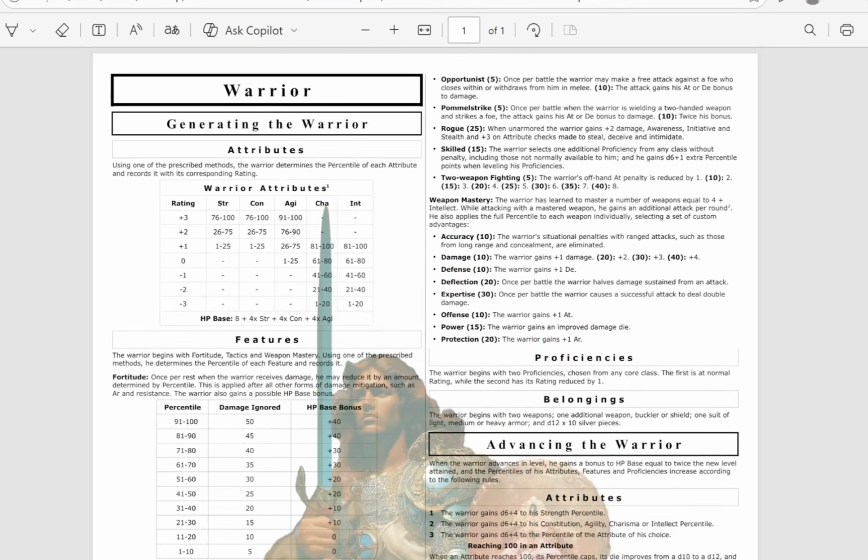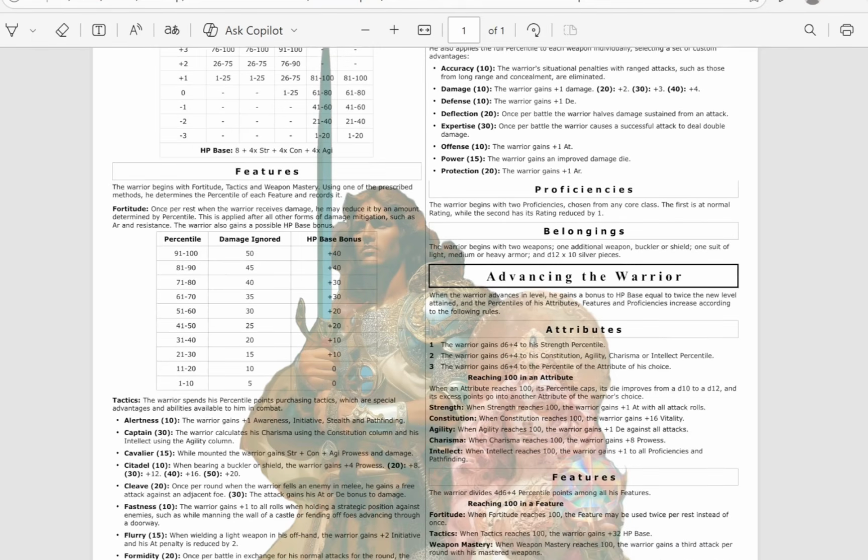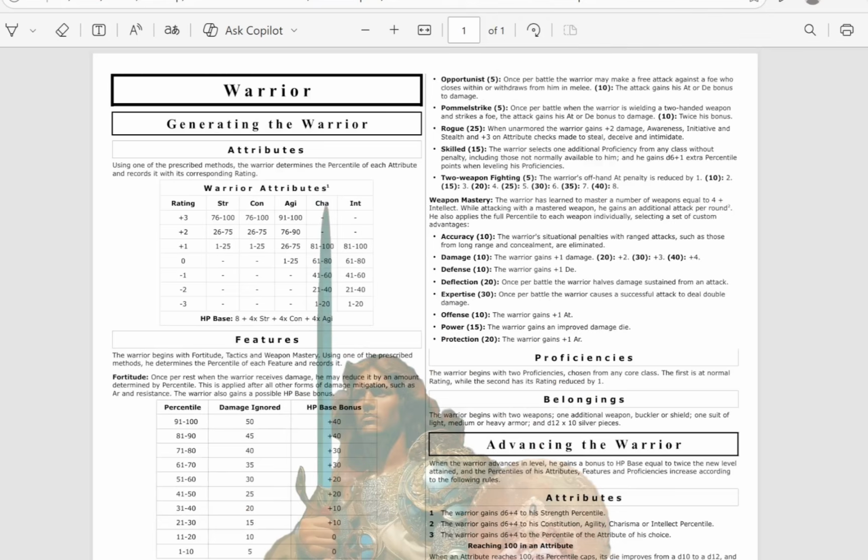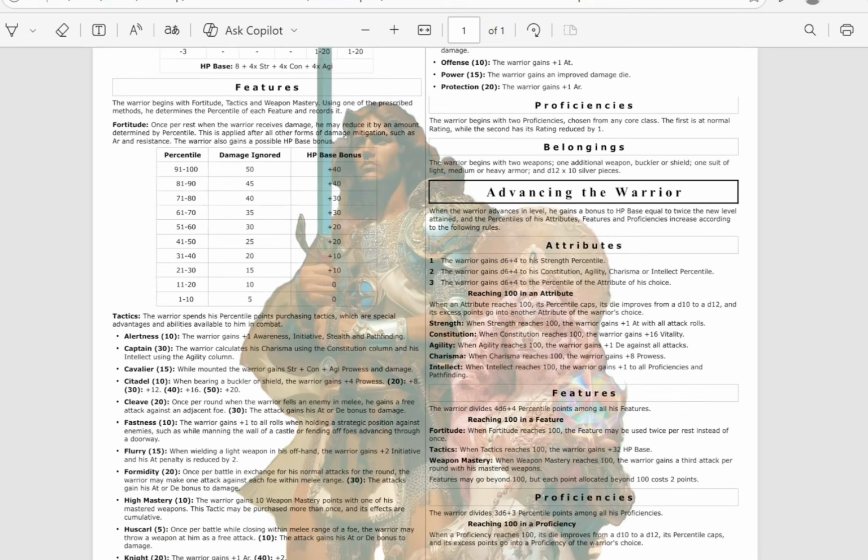And then weapon mastery, the expertise with weapons, and each weapon he can master differently. He can spend his points differently in each one, and you can have a defensive setup. You can have an offensive setup. But it's straightforward. Fortitude, tactics. These are like skills you've honed and grown over the years. So you're great with weapons, you're incredibly tough, and you've got some tactics you've picked up.